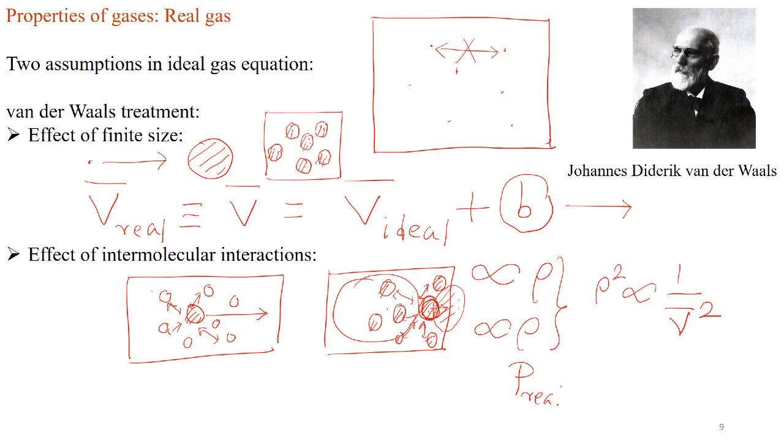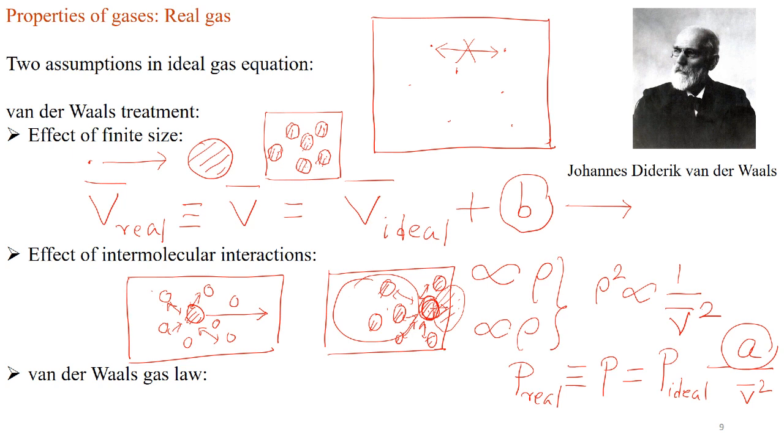So, as before, we can write a correction for the pressure. The real pressure, which we simply denote as P, will be less than the ideal pressure by an amount which is proportional to 1 over molar volume squared, and this proportionality constant we call A. And as before, A will be different for different gases. Now if we combine this pressure expression and the volume expression for real gases and put them in the ideal gas equation, which is P ideal into V ideal is equal to RT, replacing them by the real volume and the real pressure, we get the van der Waals gas equation, which is